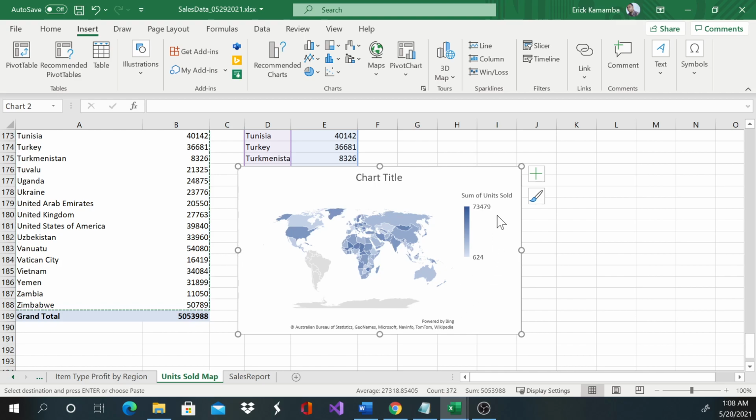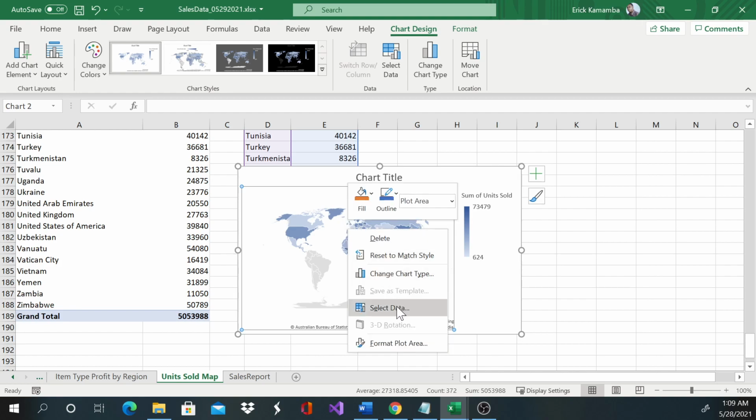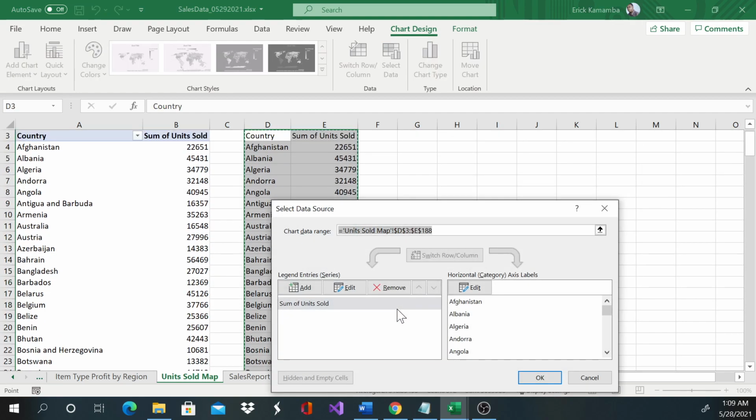Now I get the map, and I can see all the regions. And now, before changing anything, I'll go ahead and hook up this map back, and I can select. It's very interactive. I'm going to go ahead and select this map. Okay, right click and say select data, and again the data is based on this, but I'm going to go ahead and change. You see this unit sold map,